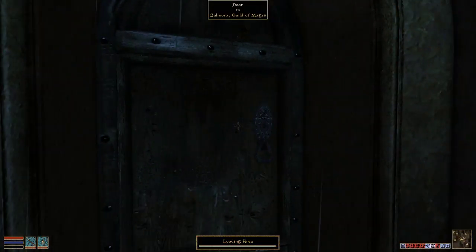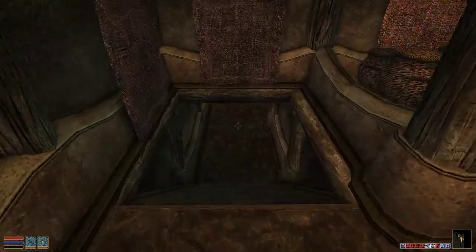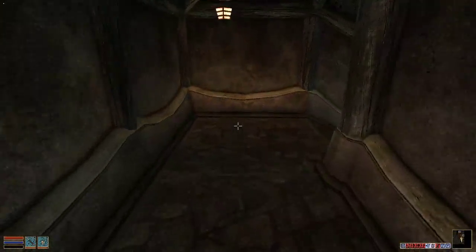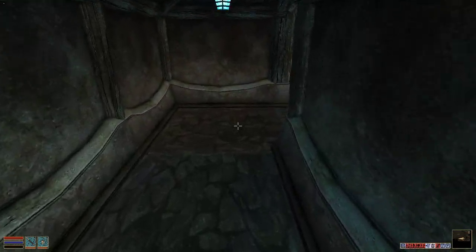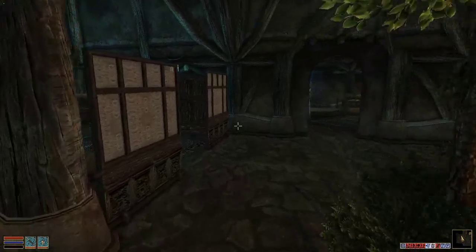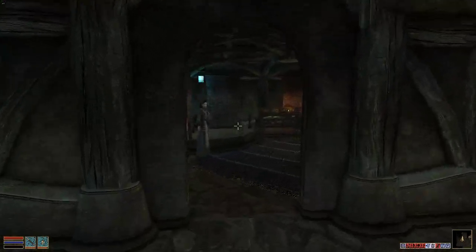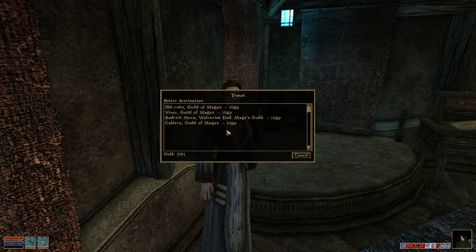Yeah, let's do the main Mage Guild quests for the third guild hall, because it's good to have all the easy quests out of the way, so that we can just focus on the more difficult quests, because the first ones are just fetch quests basically. So yeah, if we can travel to Cedrith Mora,